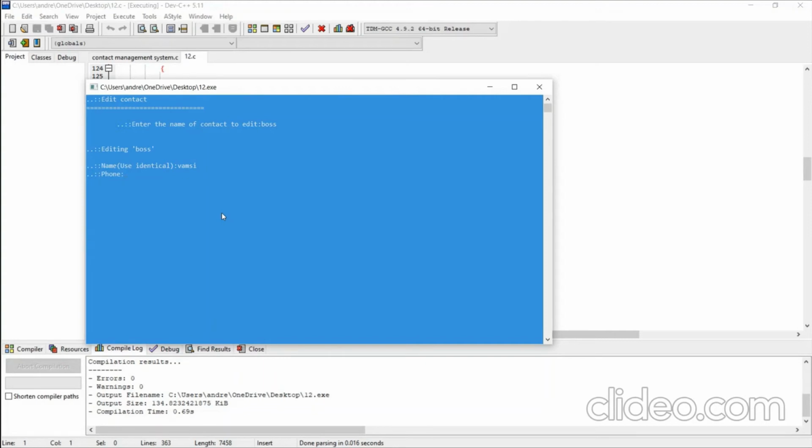Again I type the phone number, address Vizag, and email address @gmail.com. So now going to the main menu.